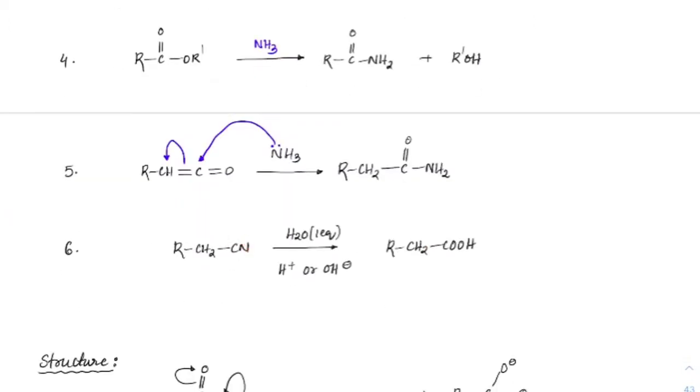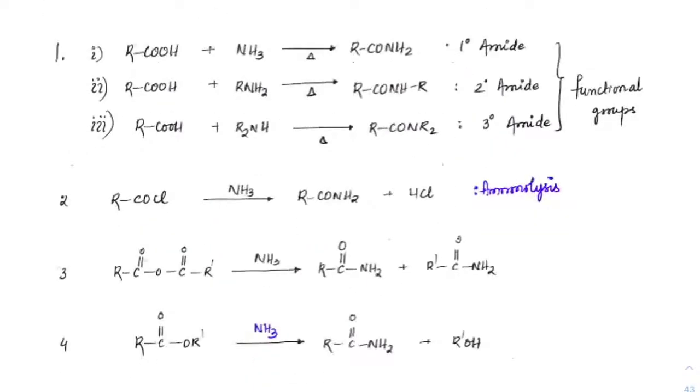Cyanides. With cyanides or nitriles, we have seen that if we hydrolyze completely, they will go up to acids. But if we use only one equivalent, as you can see I have used, it will end up at amides. If you recall, in the mechanism of cyanide hydrolysis, whether in acidic or basic medium, it forms an intermediate which is an amide. We can isolate it here itself by controlling the number of water molecules, and we'll get the respective amide. So this is the method by which amides can be prepared.